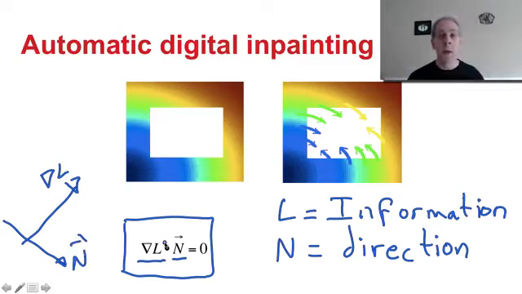We want them to be basically perpendicular in the sense that we want to propagate information, L, in such a way that it does not change in the direction of the propagation. That's exactly what it means propagating information. I move it in a direction that is constant along that direction. That's what this equation is basically telling us, that L, the information, is constant in the direction of propagation,